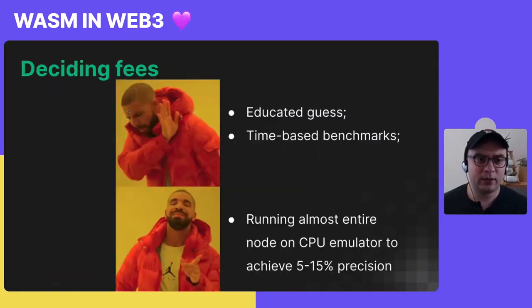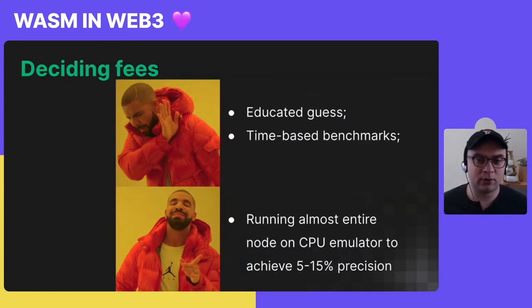Yeah, so finally, how do we decide the fees? This is the big problem for every blockchain, because obviously every operation on a blockchain should take a certain amount of money, right? You don't want stuff to be executed for free on your blockchain. So how do you decide what costs what? Especially when it comes to the virtual machine, which has very complex internal mechanisms.